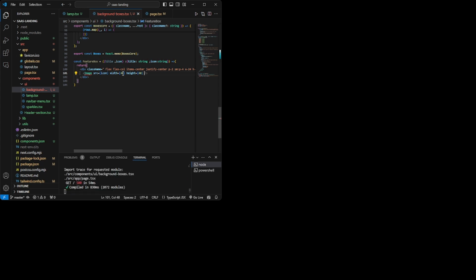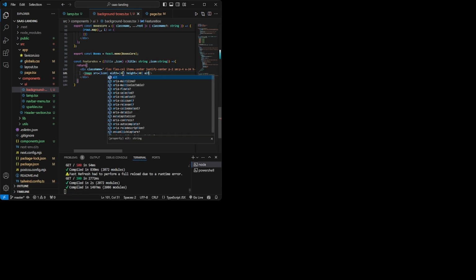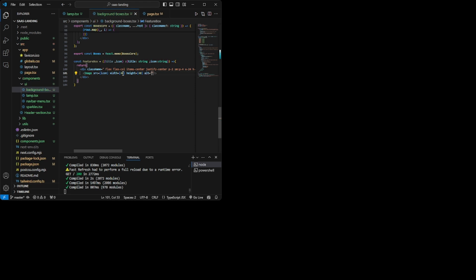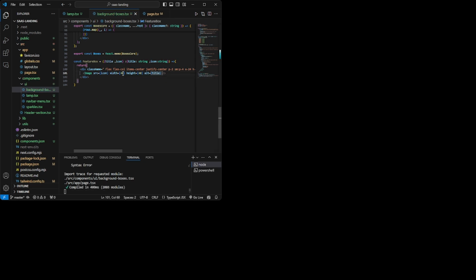Then the alt attribute, sorry, you have to give curly braces here. Alt title. So there are little changes which are actually different from React.